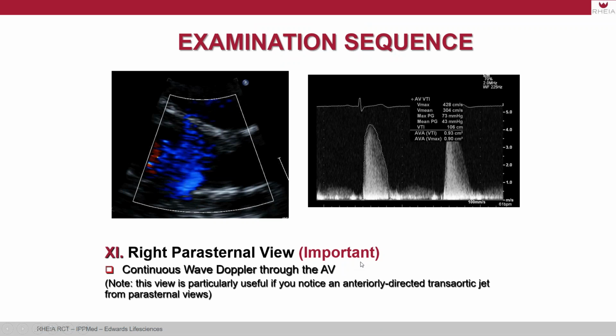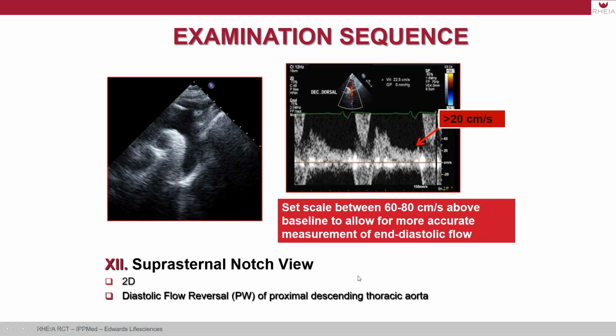The last, but maybe not the least, the right parasternal view is very important, especially for continuous wave Doppler interrogation of the aortic valve, because again, this is often where we're going to get the maximum velocity. So please make sure to systematically interrogate the right parasternal view. And the suprasternal notch,